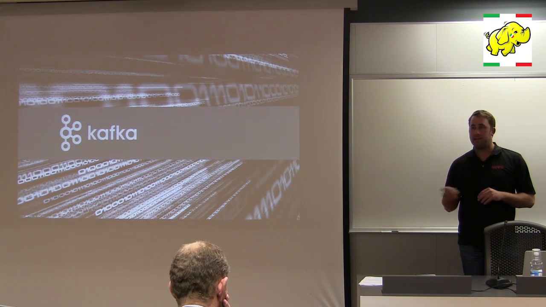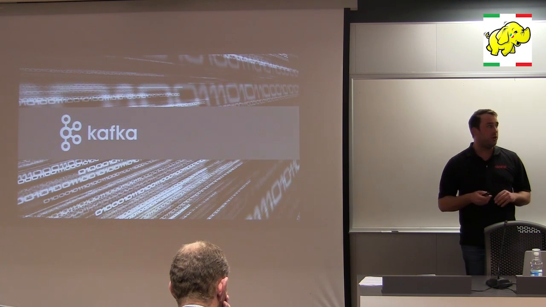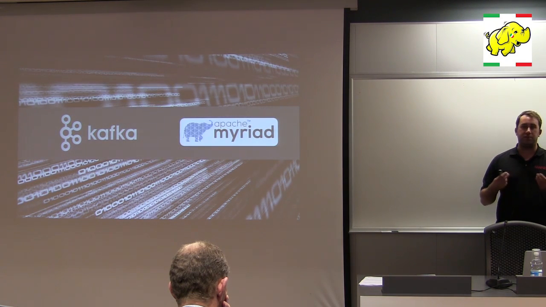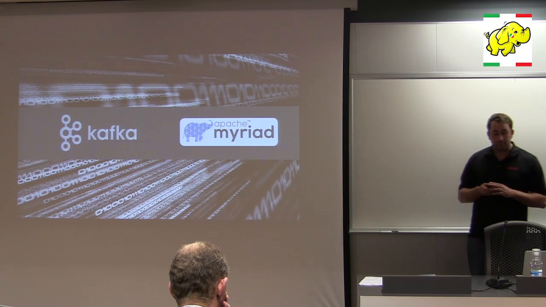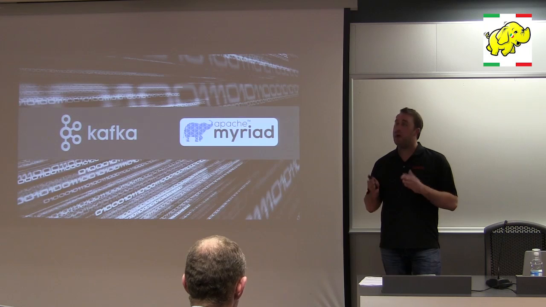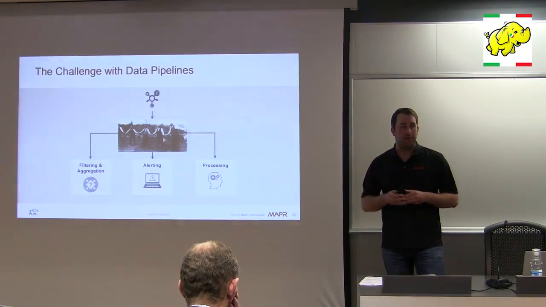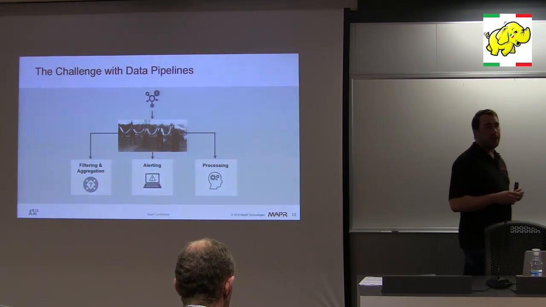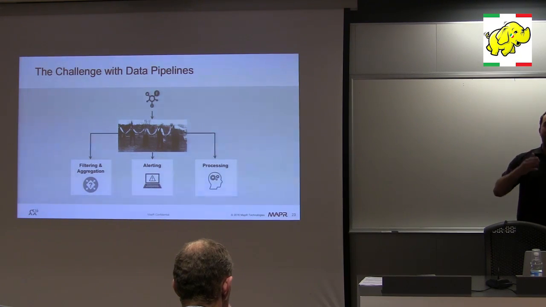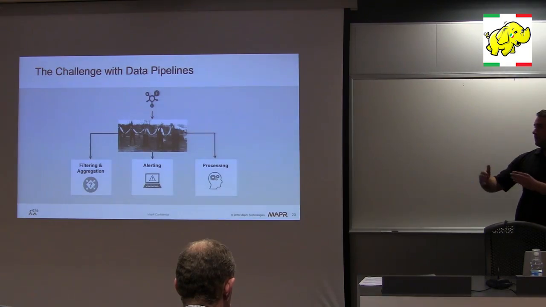But the tools I want to talk about in the context of stream-based microservices are literally two things. It's something called Apache Kafka that we've heard of before, but I'll cover that. And it's a tool that I personally like because it's relatively new and it solves a relative challenge. It's Apache Myriad. Now, the challenge typically is, and this is a challenge when we interchange data between applications, it's the hard-working man in the middle challenge. It's this pipeline challenge, where you actually have to give data from one hand to the other.